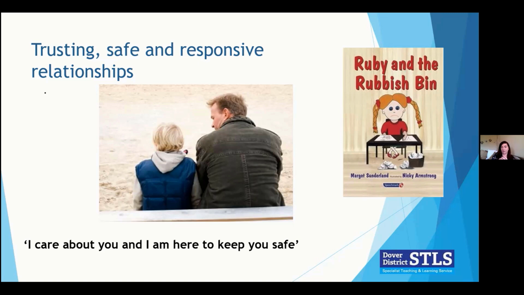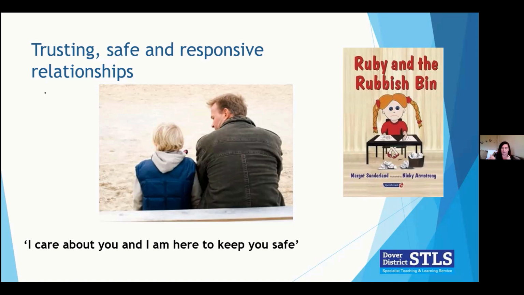If the child depends on you and can only manage with your support, they'll not learn to manage their emotions and feelings effectively. It's worth noting that with attunement, their needs and feelings will affect both parties. So be mindful of your own well-being at that point. Often we take on those feelings and then we don't do anything with those. So really be mindful of having those discussions with staff, team members, and being able to talk through the things that you find difficult, because that's all part of the learning process and we're all in it together. So the child's learning about how they're dealing with their emotions, and equally we're also learning about how to deal with emotions.